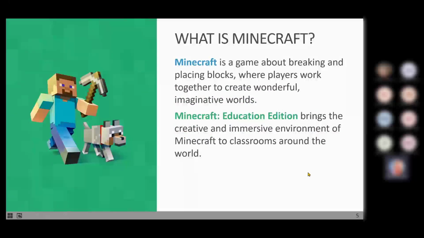So I'm just going to take you right back to the beginning, and the word Minecraft coming from those 2 words, mine and craft. So the mining part is all about breaking blocks and chopping down trees and all of that cool stuff. And then the